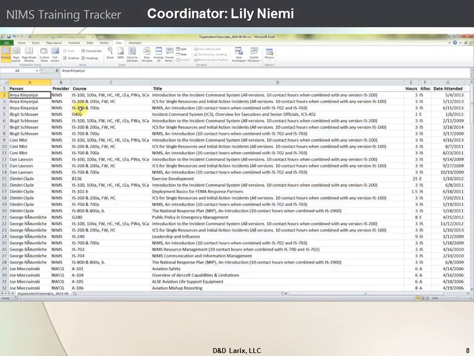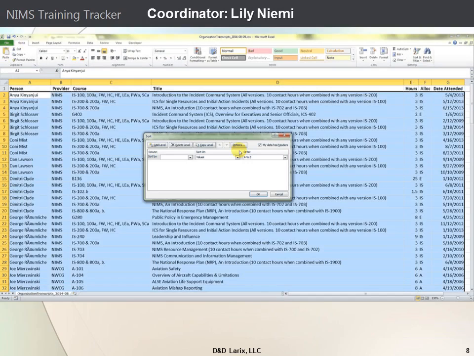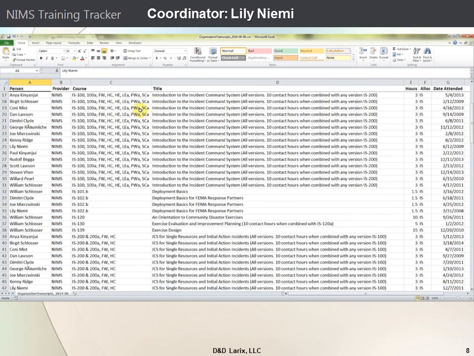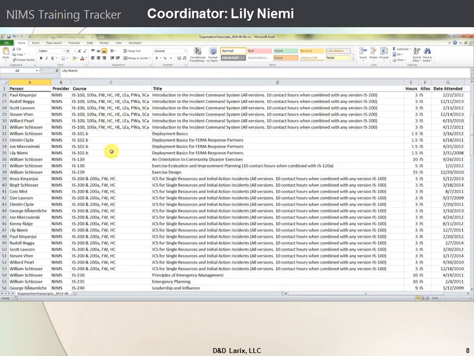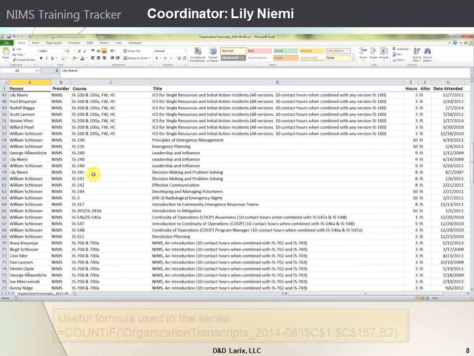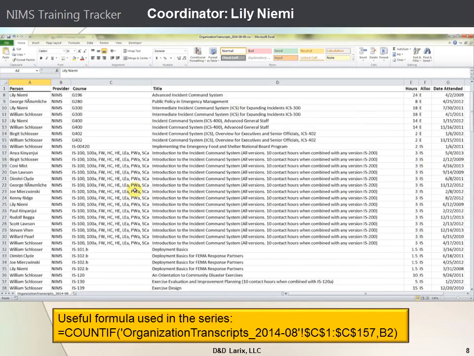and selects the Sort and Filter button with the Custom Sort option. She sorts first by provider, clicks Add Level, and then by course, clicks OK, and the data are sorted as requested. In this view, she can see commonly repeated courses by different students, and several courses completed only by 1 or 2 students. In order for the coordinator to get a summary of transcript records, she can select the provider,